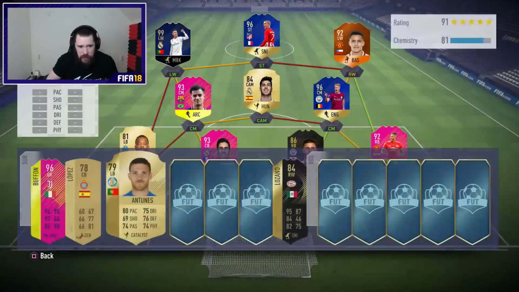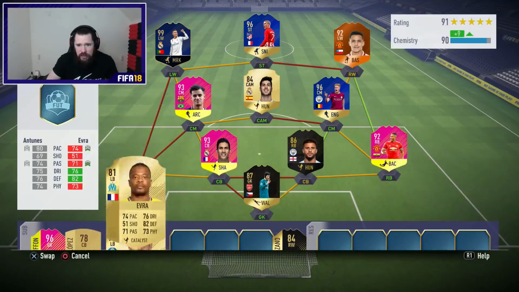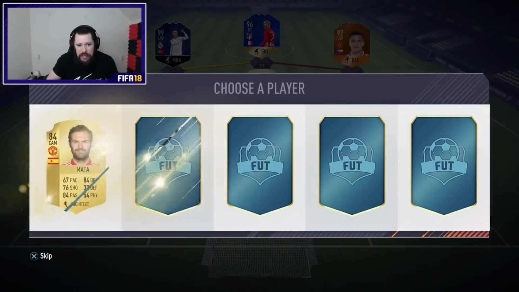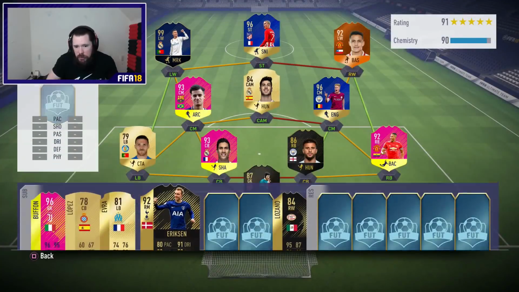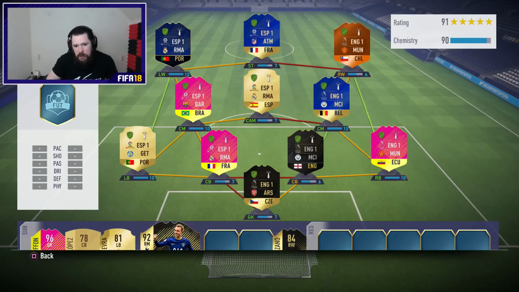We didn't get one. Antunes is actually probably going to be the guy that we're going to pick, because he gets a strong link there into Ronaldo. He ends up taking us up to 90 chemistry. So Chem, we're pretty good. We just need to finish off the rest of this team with some big players, hopefully. I mean, we could put Christian Eriksen in there and then swap the two fullbacks around again. We would gain...